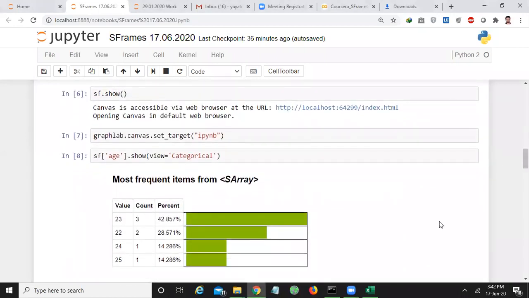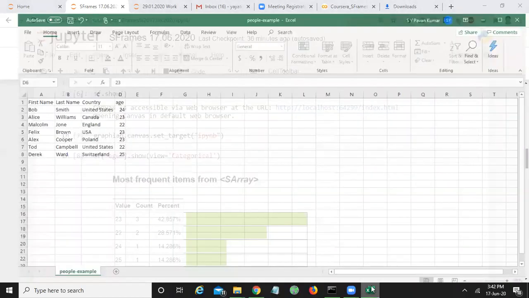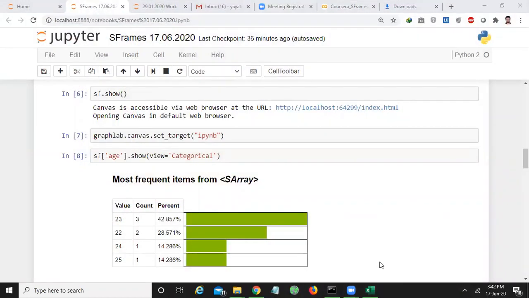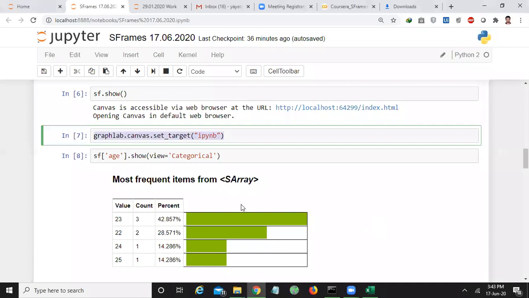Now I want to see the data using this command called sf.show. If you directly type that command, what happens is it opens a web browser and it will give a visual study. If you set the target, then everything will be here only.